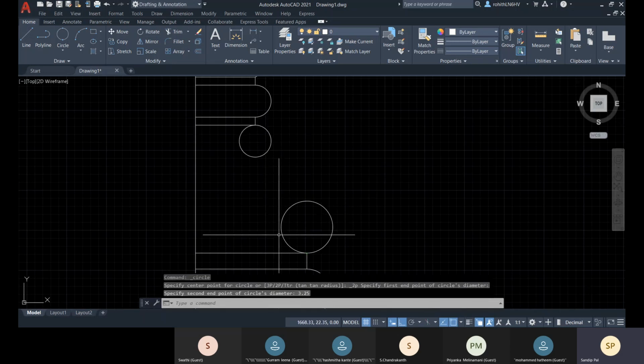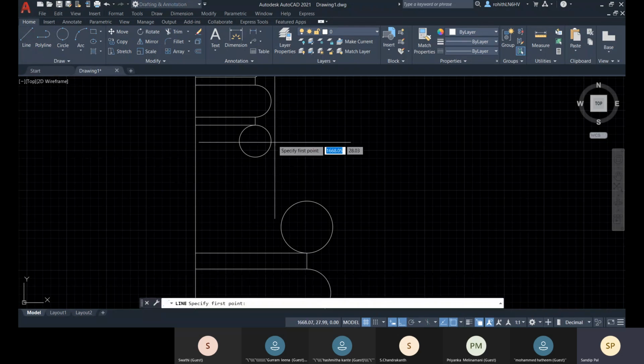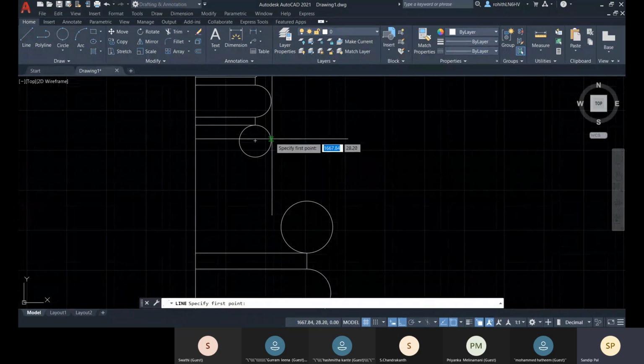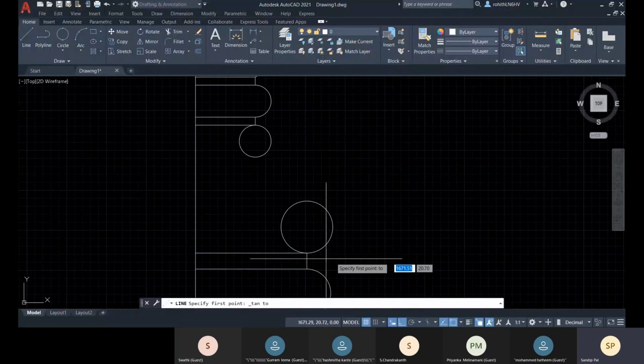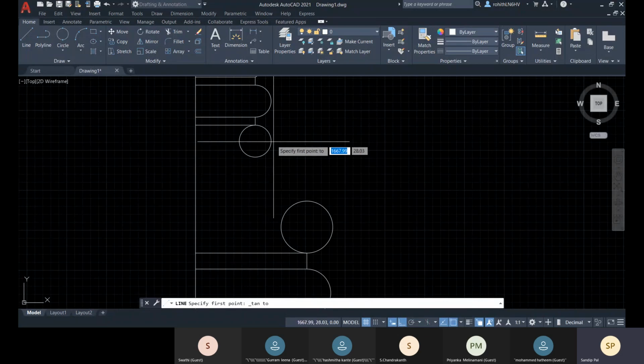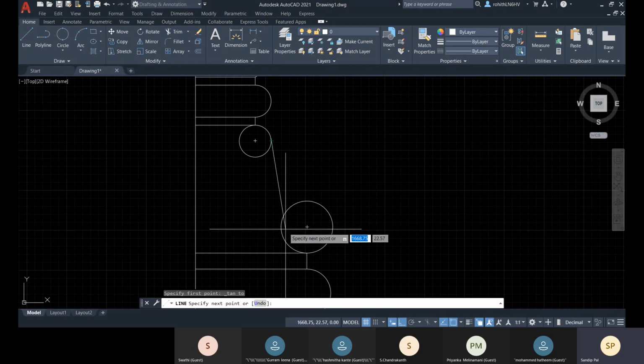And now you connect this to the circle with a line. For that, how you can do it, you can hold control button and right click, so that you get all the lists of points there, and then you can specify that tangent point you need. It will only highlight the tangent point, with this circle, and the tangent point with this circle.